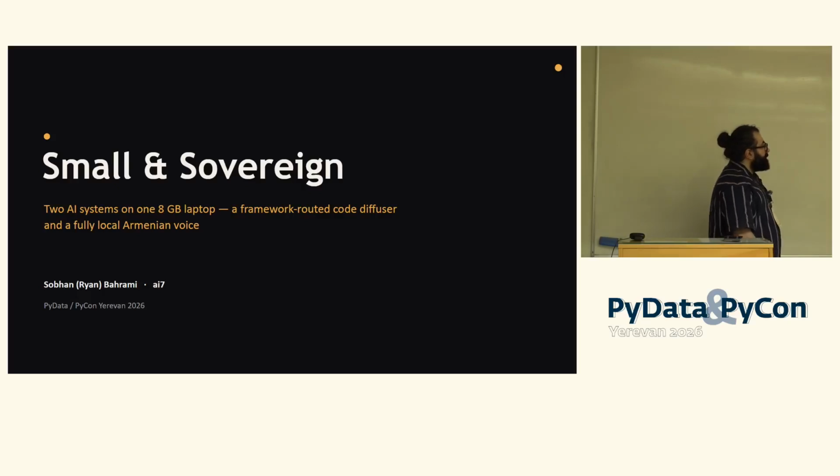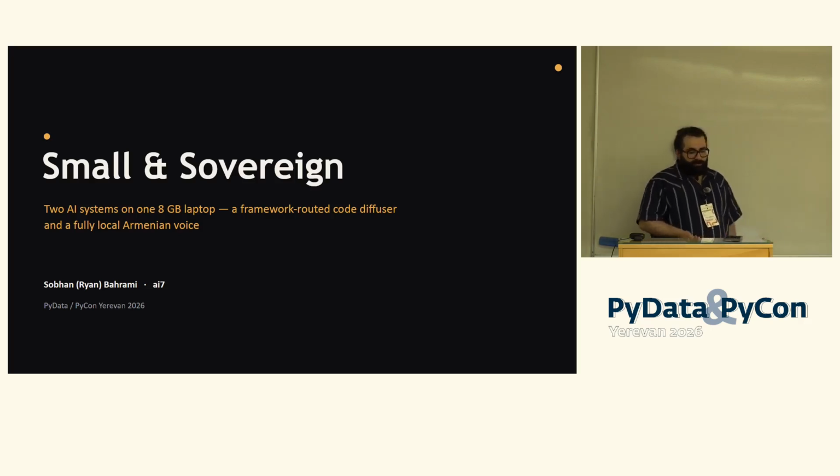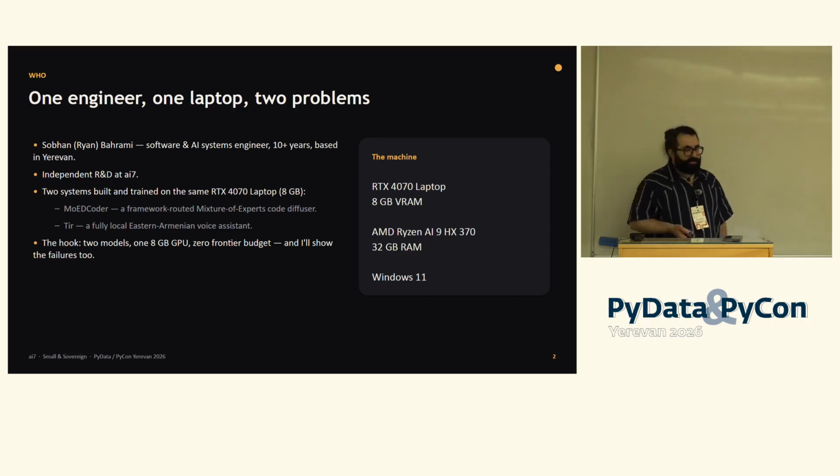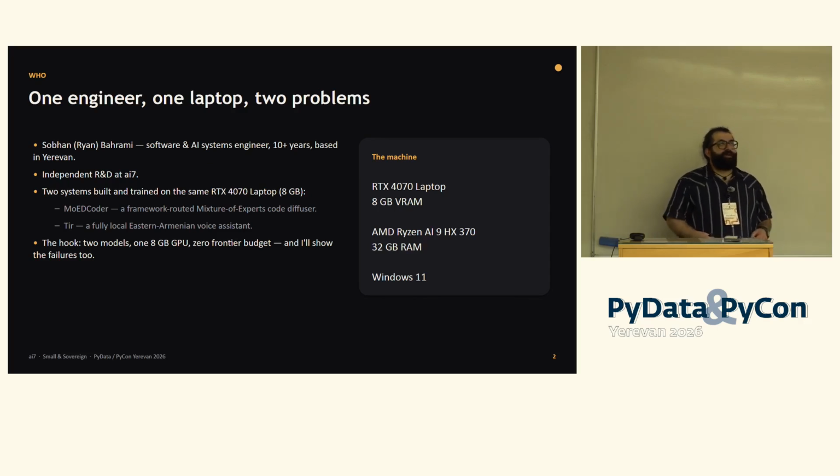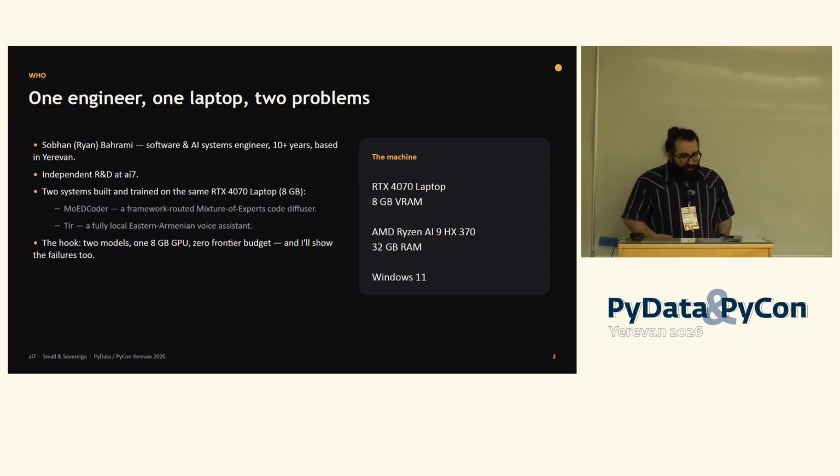So, our topic today, we're going to explore small and sovereign systems, or let's say domain-specific intelligence, to AI systems on one single 8 gigabyte VRAM system. And basically, what we achieved was due to a very interesting experiment. We wanted to address some of the challenges that we had with the generic LLMs and training them, budgeting them, and basically addressing cost performance issues.